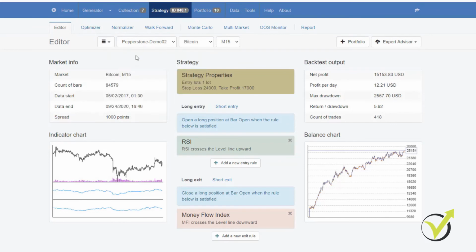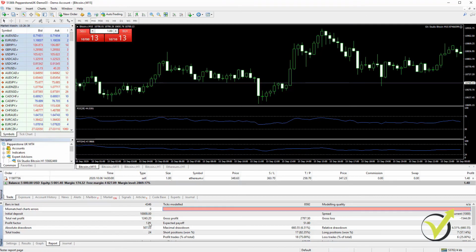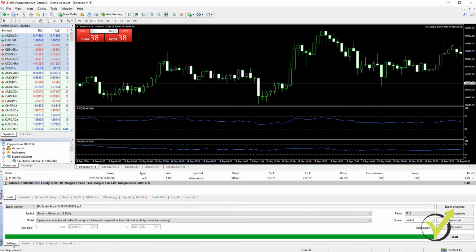And if you don't have enough bars from MetaTrader for your broker, what you can do is use premium data that is available in EA Studio, and it comes by default where we have a lot of bars for many trading assets. Alright, so that's how we do backtest on MetaTrader, and as well you saw that when we use more professional tools and software like EA Studio, we can have more detailed backtest.